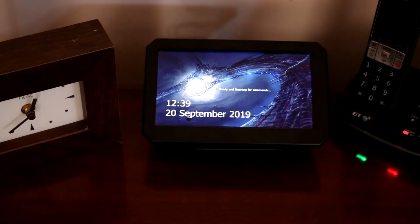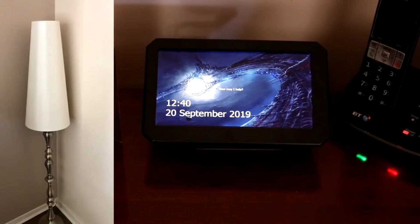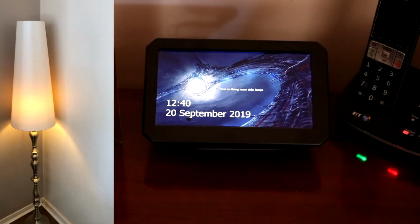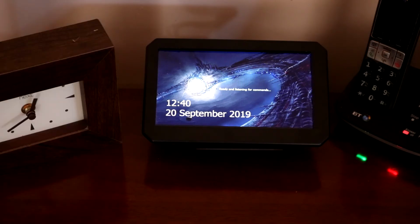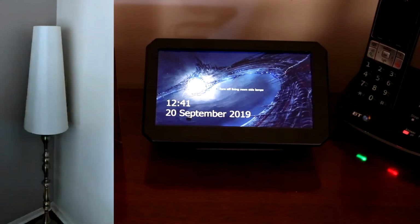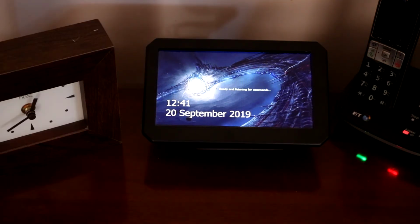So as an example, Alexa, go ahead, turn on living room side lamps. So as you can see, the wake word worked, and as you can see, the lamp is now on. So I can also say the other wake word, which is Jarvis, go ahead, turn off living room side lamps. So as you can see, that's a quick demo